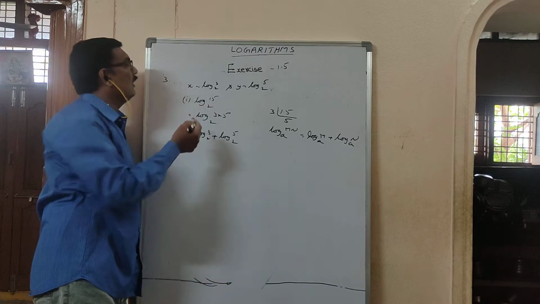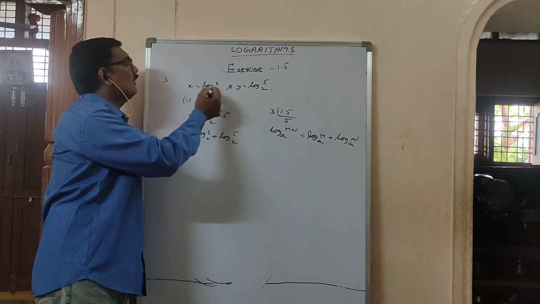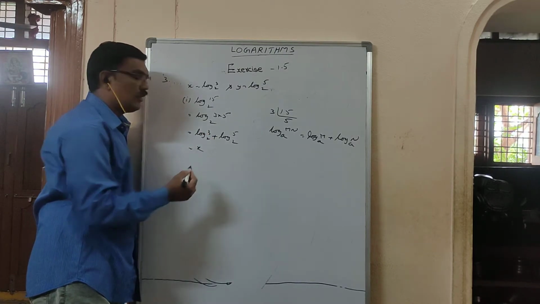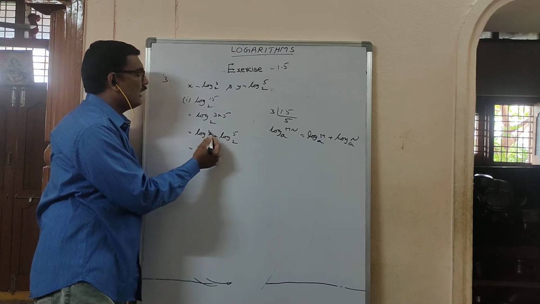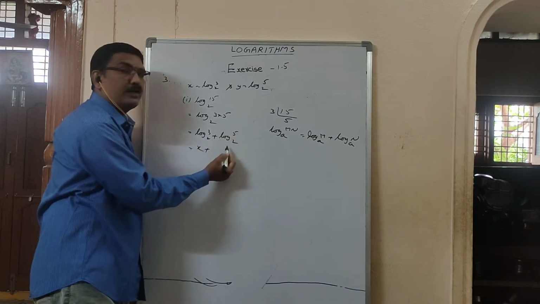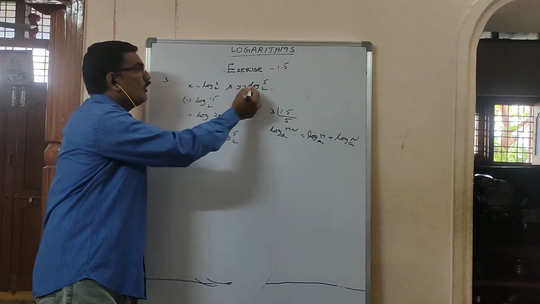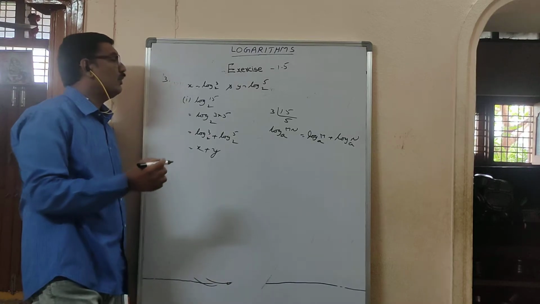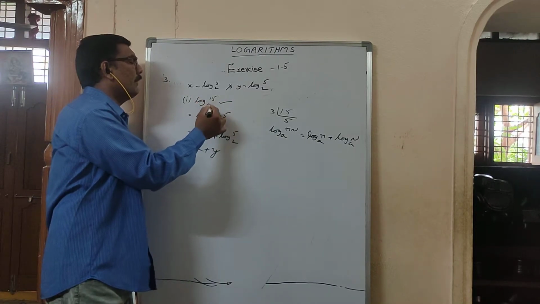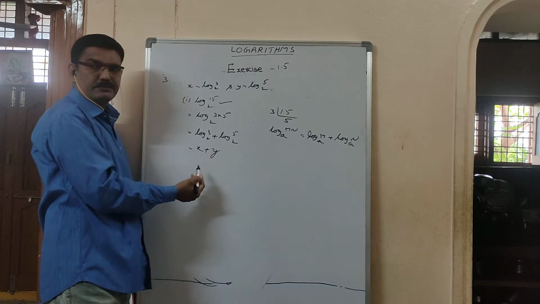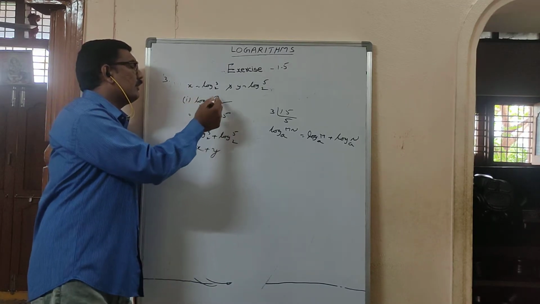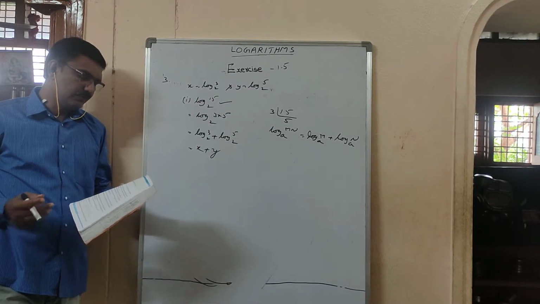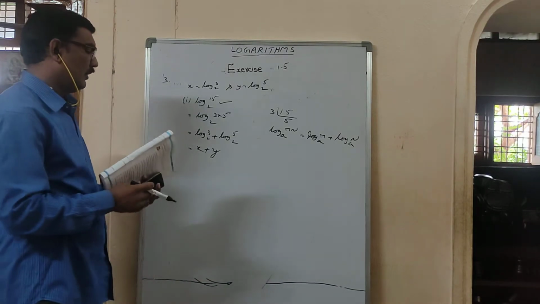But in the question, what is the log 3 base 2 value? X. In place of log 3 base 2 entire, we can write x, or not? Then after log 3 base 2, what you have? Plus. Log 5 to the base 2 is there. Log 5 to the base 2 value he gave as y. So it is x plus y. So you express log 15 to the base 2 in terms of x and y. What he is asking is, whatever the question he is giving, you have to write in terms of x and y.